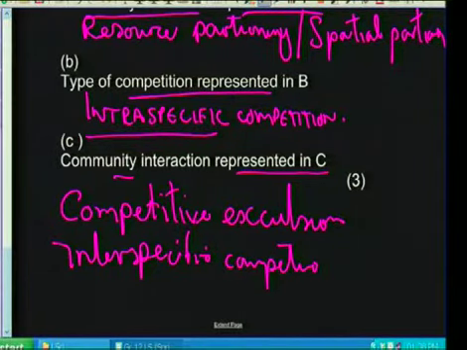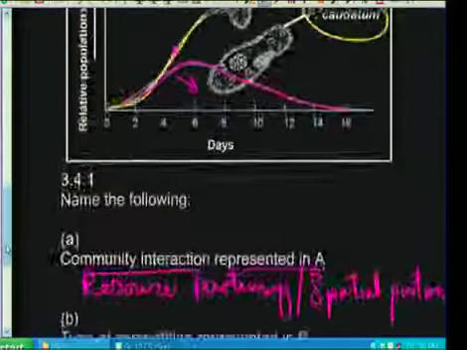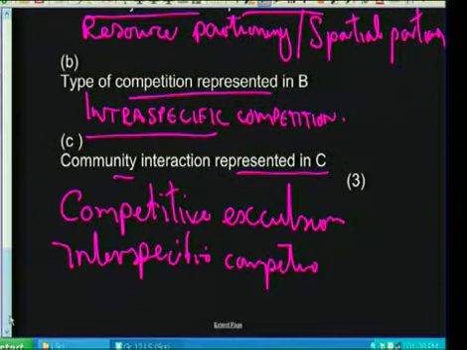I just want to explain what the competitive exclusion principle is. The competitive exclusion principle is when two closely related species compete for a similar resource, and one outcompetes the other, which leads to the destruction of that species or a decrease in their numbers. And here we can clearly see, from this graph, that Paramecium aurelia outcompetes Paramecium caudatum, and hence we see this as an example of a type of competition where one excludes the other because of